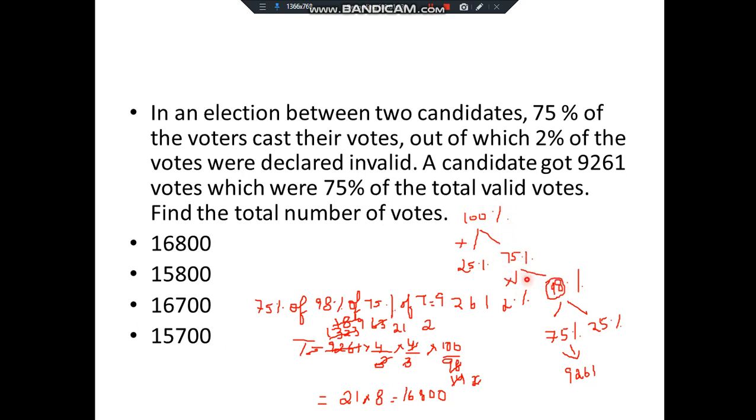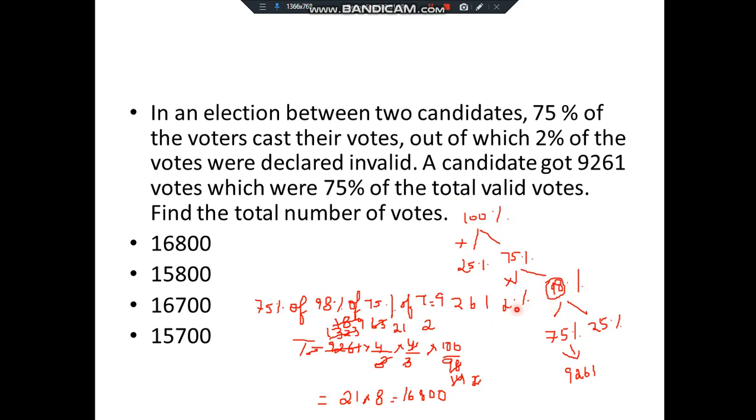98% is valid. Now you will have a doubt why I am writing it as 98% and not 73%. Because it is the valid and invalid count. So for valid and invalid count, you will take it as 98% and 2%. Get my point? So don't get confused, like I have to split it as 73 and 2% because of 75%. Don't confuse that. We are taking total valid votes as 98% and total invalid votes as 2%.